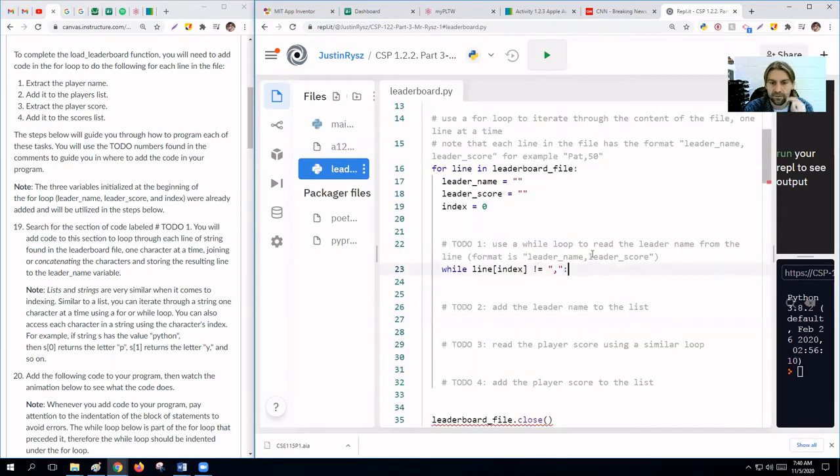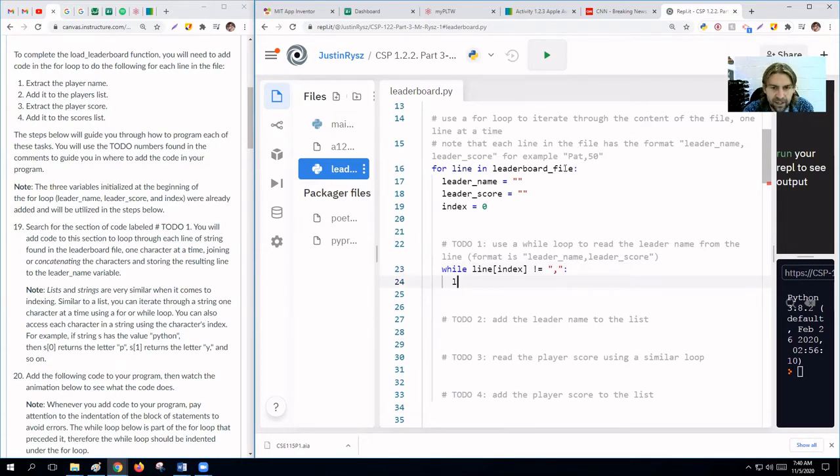So let's go through and make this while. So while the line index of 0 does not equal a comma, so while we start out with index 0, we're going to make the leaderboard name, leader_name,